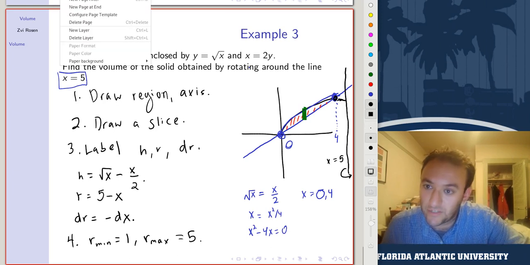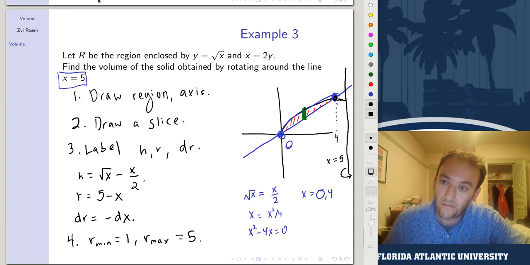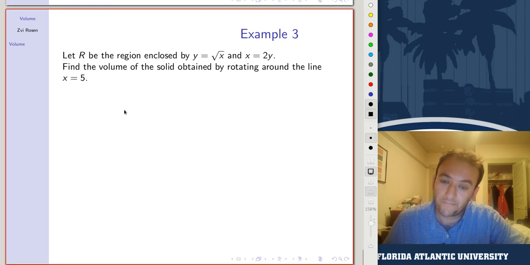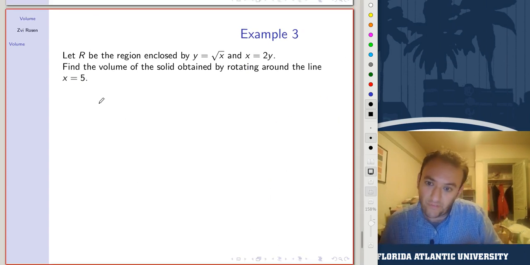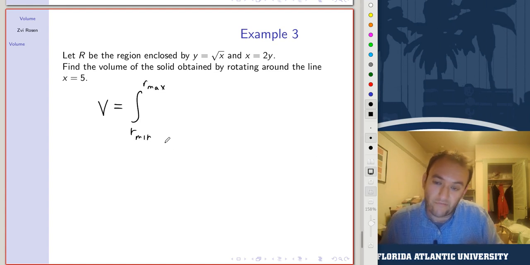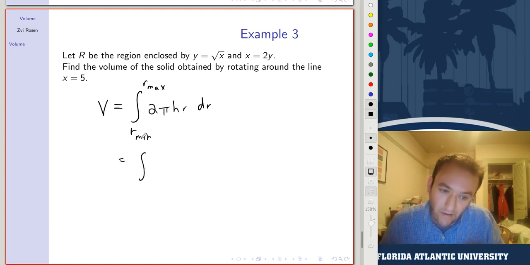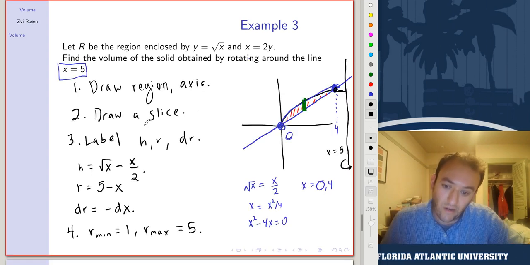So let's add in another page here to finish this integral. So we have all of the relevant variables. So we're going to compute the volume now. So we take V equals the integral from r min to r max of 2 pi h r dr, and this is given by the integral from, now some care has to be taken here, because even though r min is 1 and r max is 5,